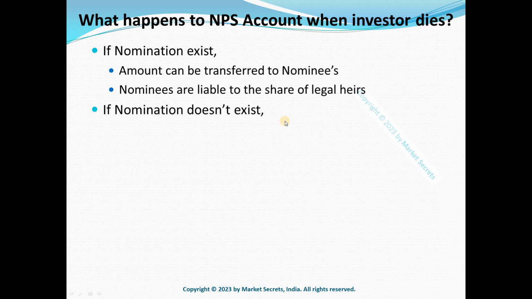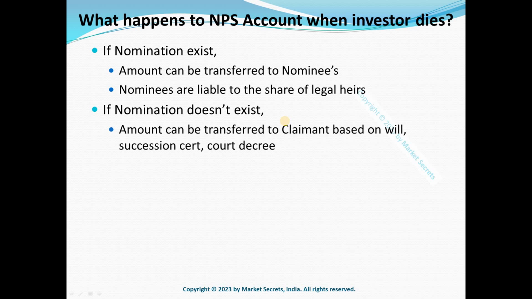Okay, and in case there is no nomination for that particular NPS account, if nomination doesn't exist, then the amount can be transferred to the claimant based on either a will or a succession certificate or court decree. So any one of these three is mandatory. Okay, so only based on this will the amount be transferred. Okay, so if you submit any of these documents and if everything is right, the amount will be transferred to